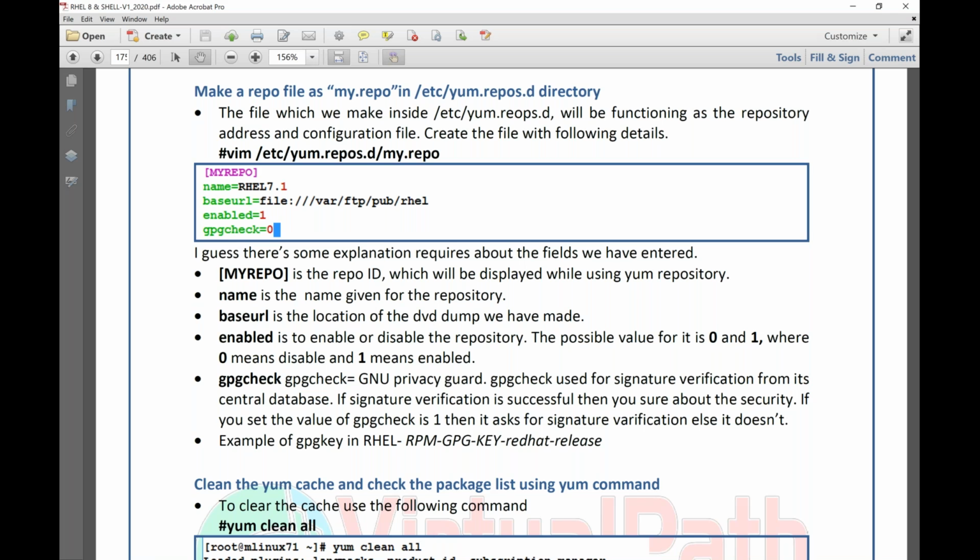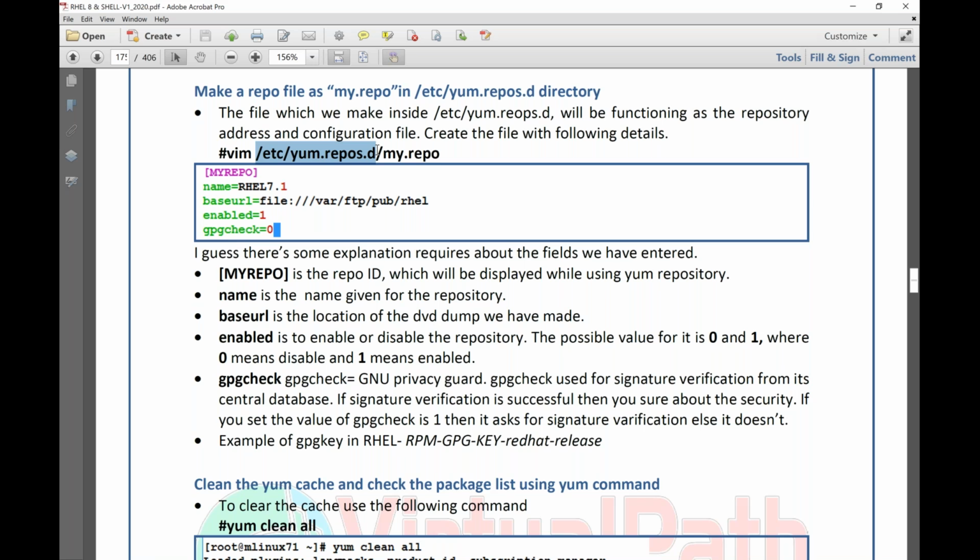So there used to be a configuration file that we create in /etc/yum.repos.d. See, /etc/yum.repos.d is the location where all your repository files we will keep. Repository files are nothing but configuration files which store the addresses from where you have to get the packages,